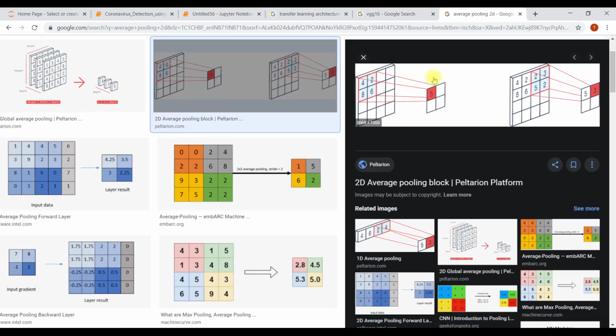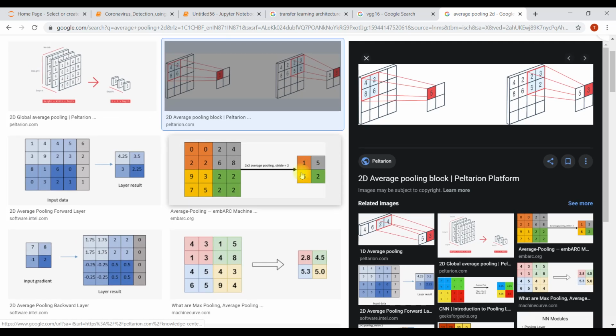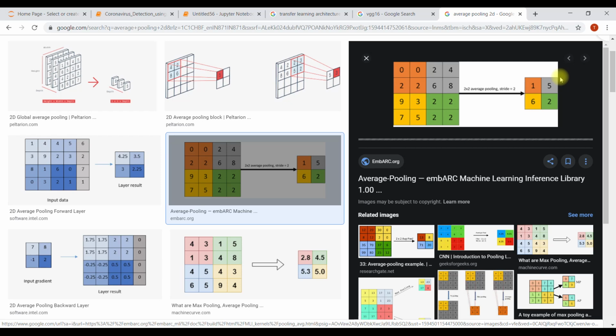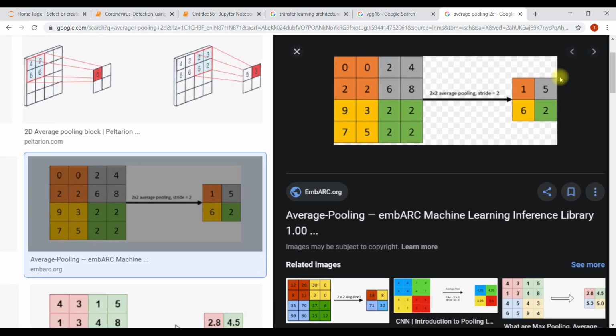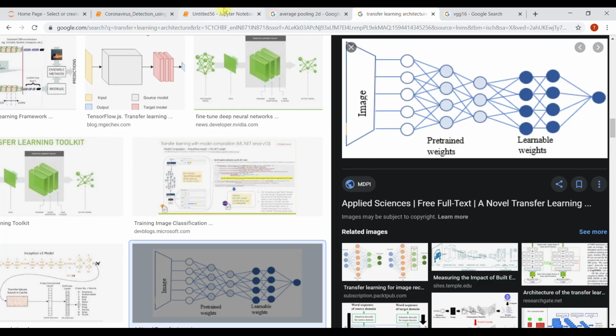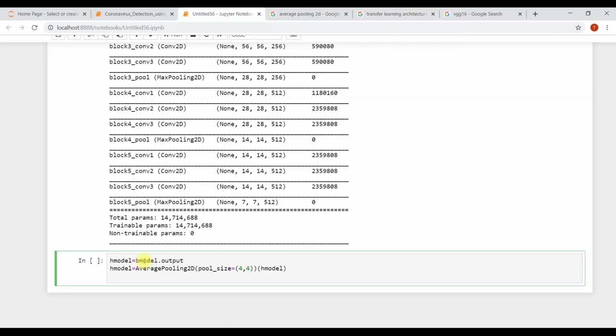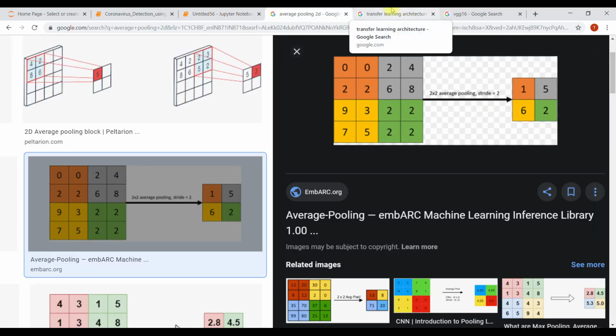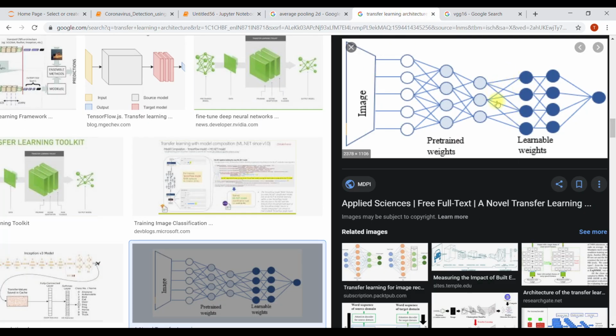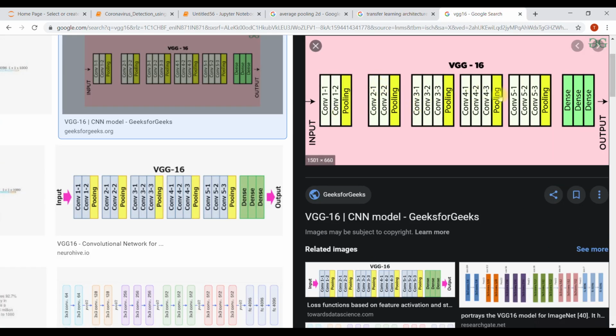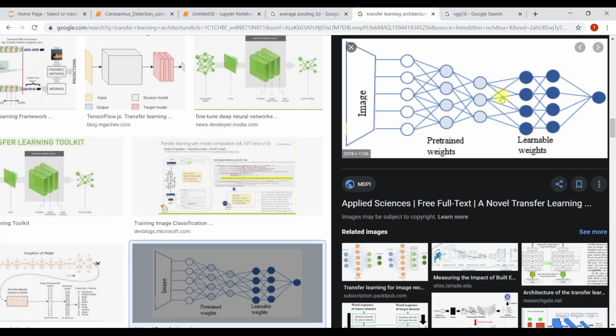You will understand right now very clearly. This is our head model, base model dot output, meaning at this point we are applying average pooling. Max pooling is also there, but we are applying average pooling.